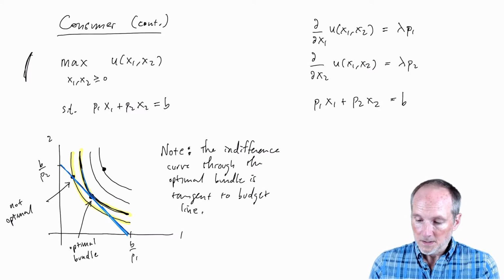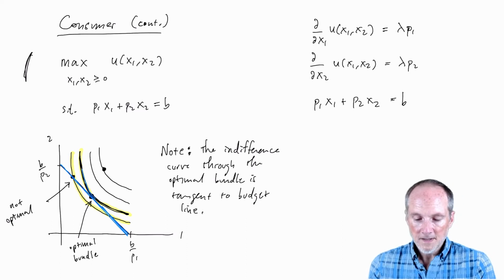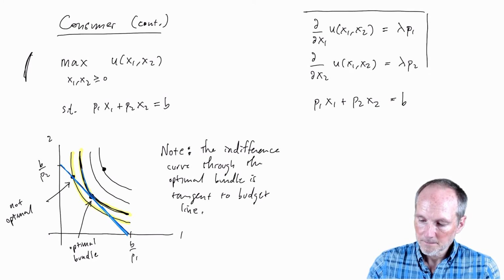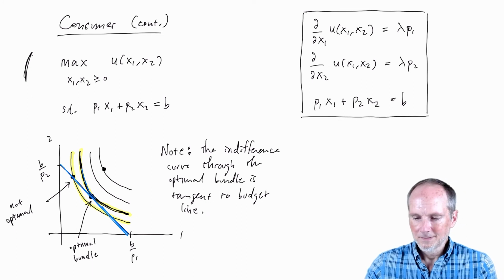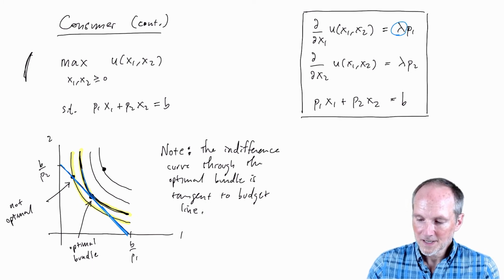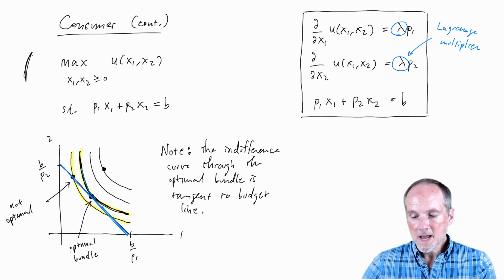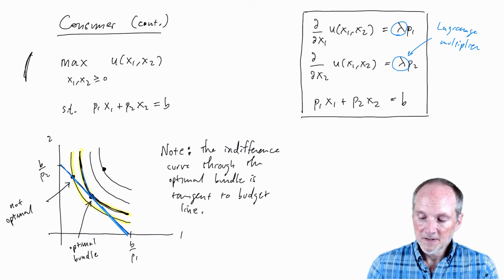Okay, so to analyze this optimization problem, I've written down a system of equations, and you'll note something a little funny here. There's this extra variable I've thrown in. This is called the Lagrange multiplier. And for now, just think of it as an extra variable that we're going to solve for. It does have an economic interpretation,